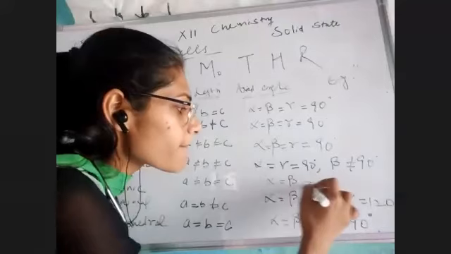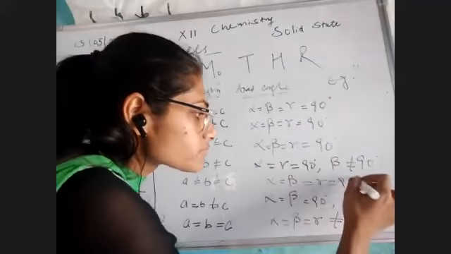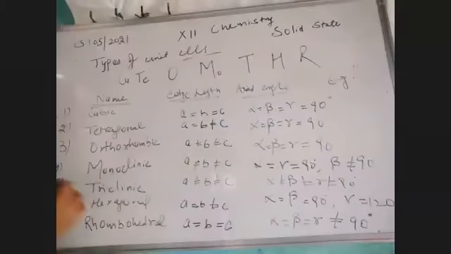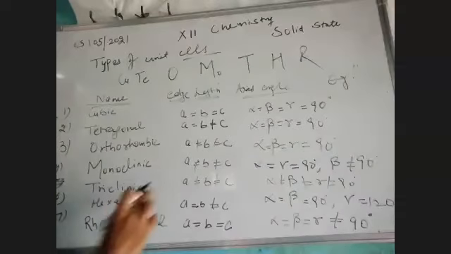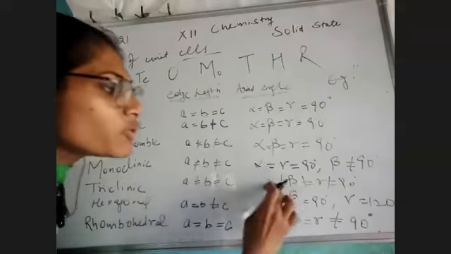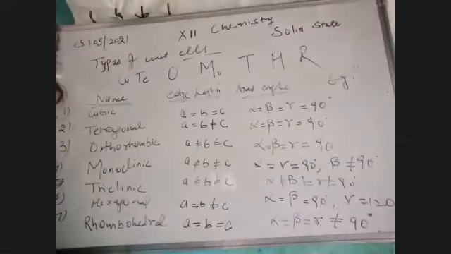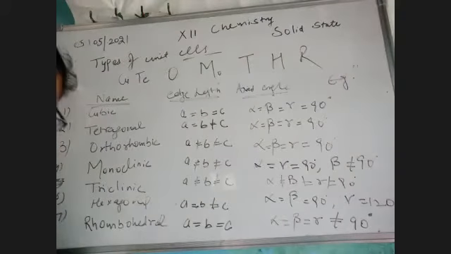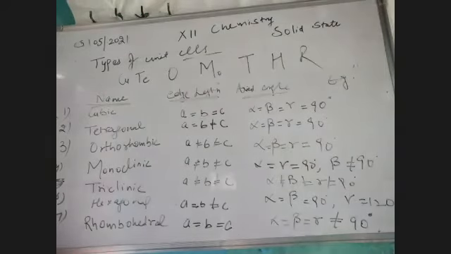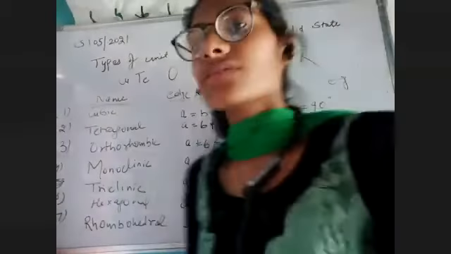So these triclinic is which has no edge length equal, no angle equal to 90 degree, and no angle are equal to each other too. See class, this seems to be a trick, and yes, this is a trick which I